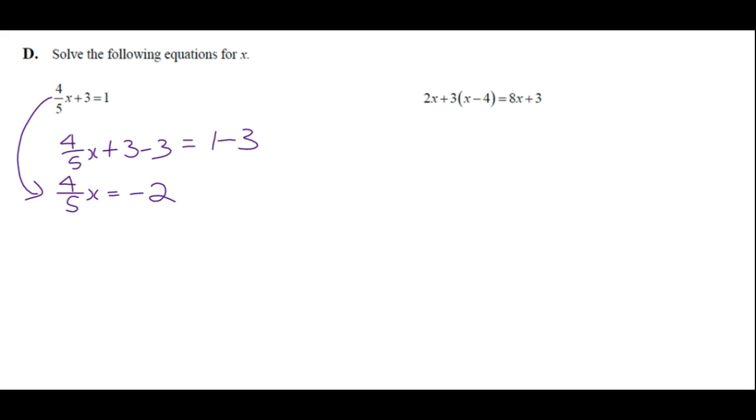So what I'm going to do is, let's get rid of the 5. So what's the 5 doing? The 5, what operation is the 5 doing? Dividing. What's the opposite of dividing? So what are we going to do to both sides? Multiply by 5. When you multiply 4/5 by 5,